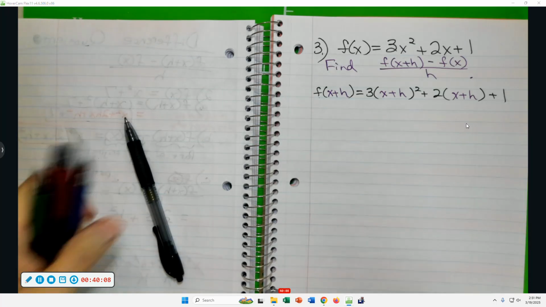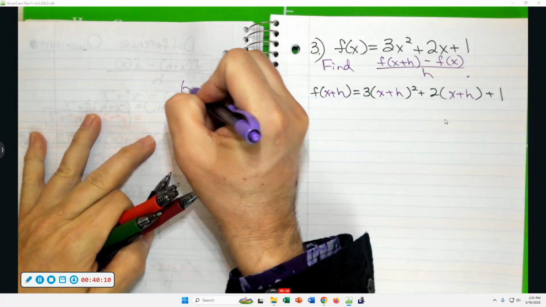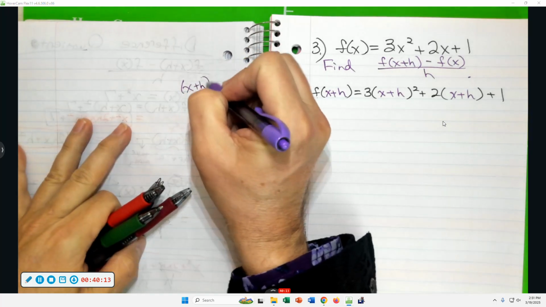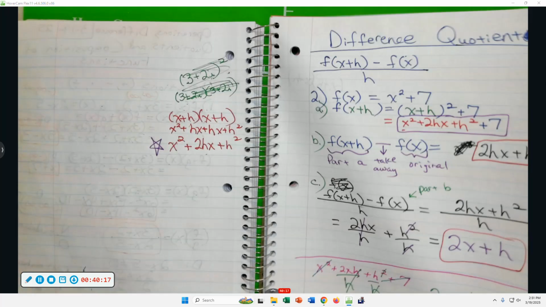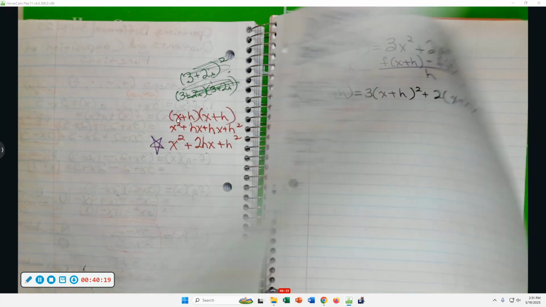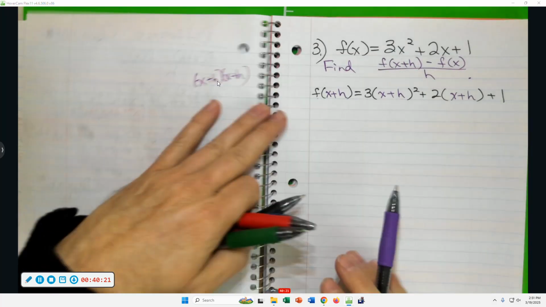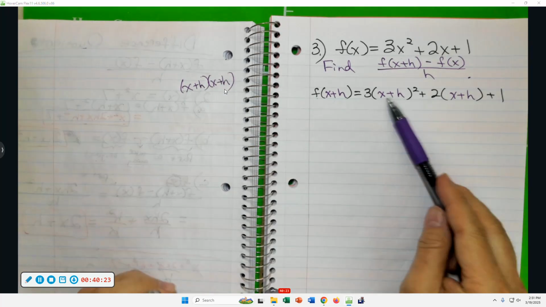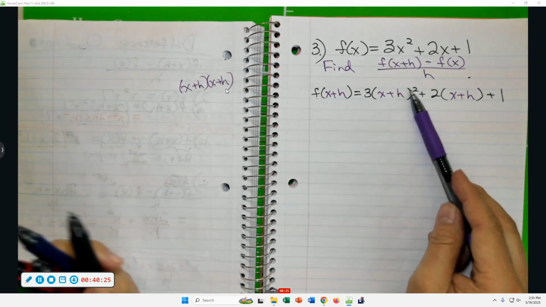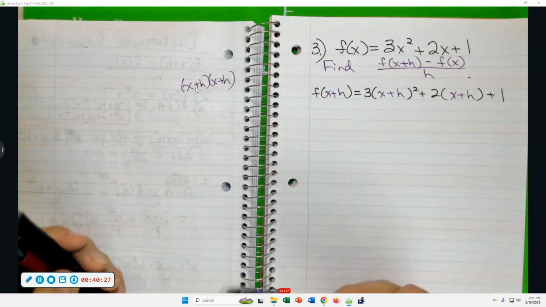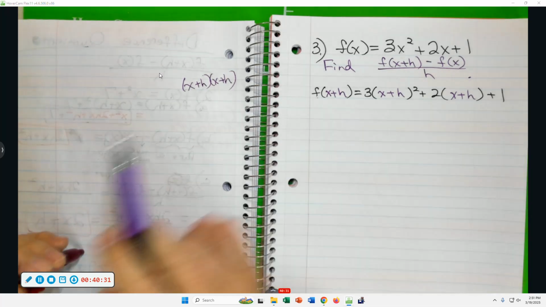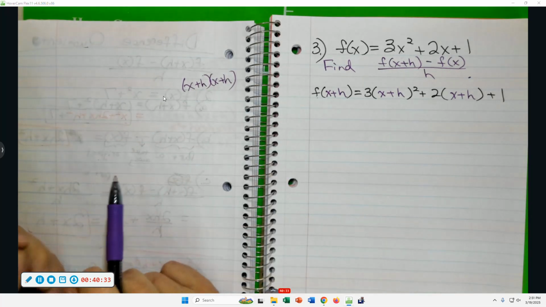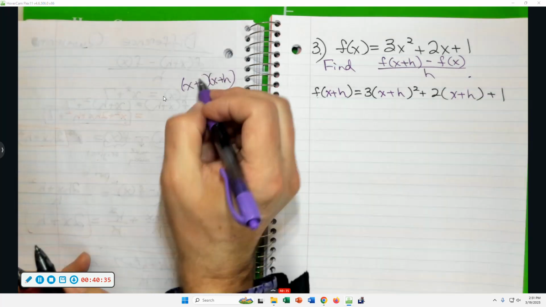And we've already done the x plus h times x plus h, but y'all seem so reluctant. Normally I just look back at my scratch paper and say, what did we get? But y'all seem so hesitant there. We squared the x plus h on problem 2. We got to use it again here in problem 3, and it might be good for us to do this multiplication again since y'all sounded so reluctant. X times x is